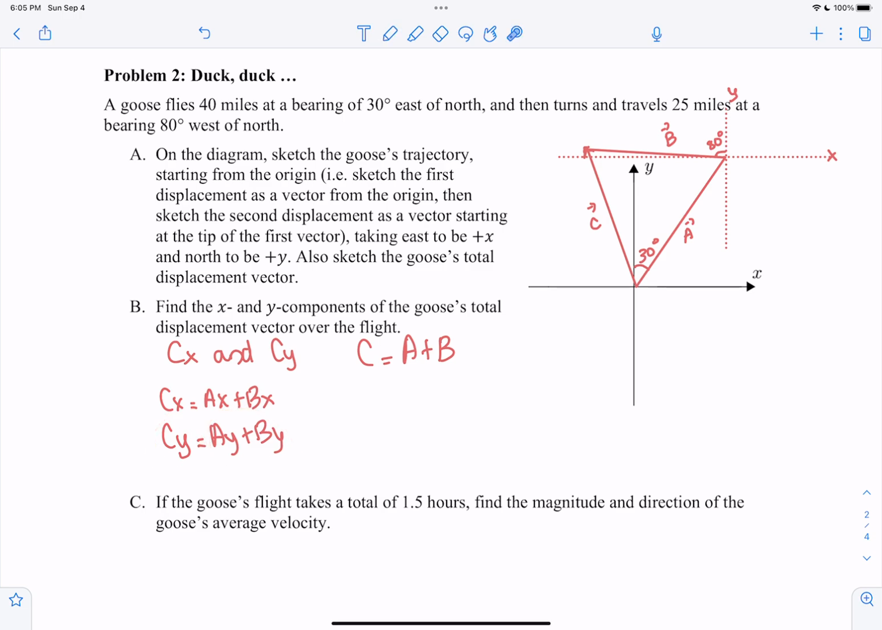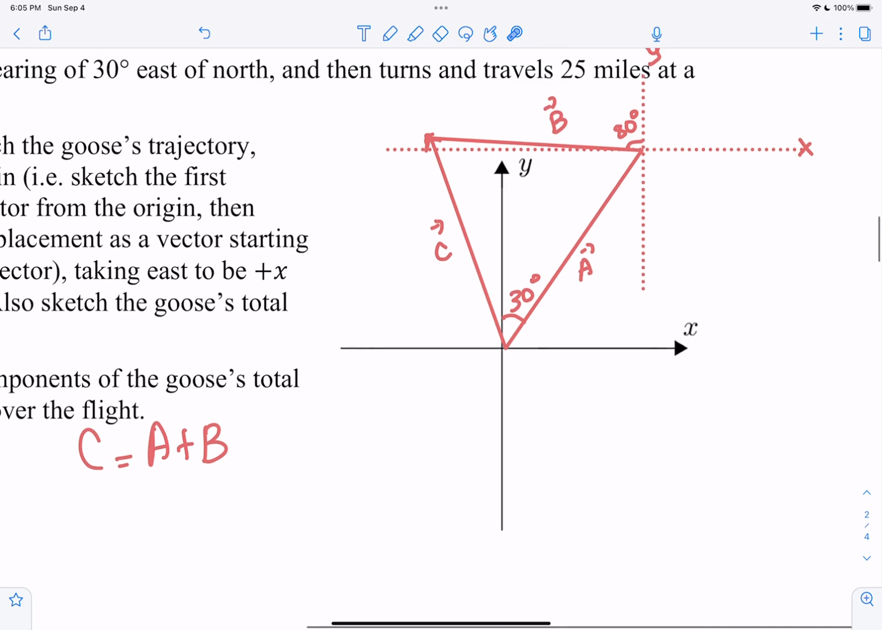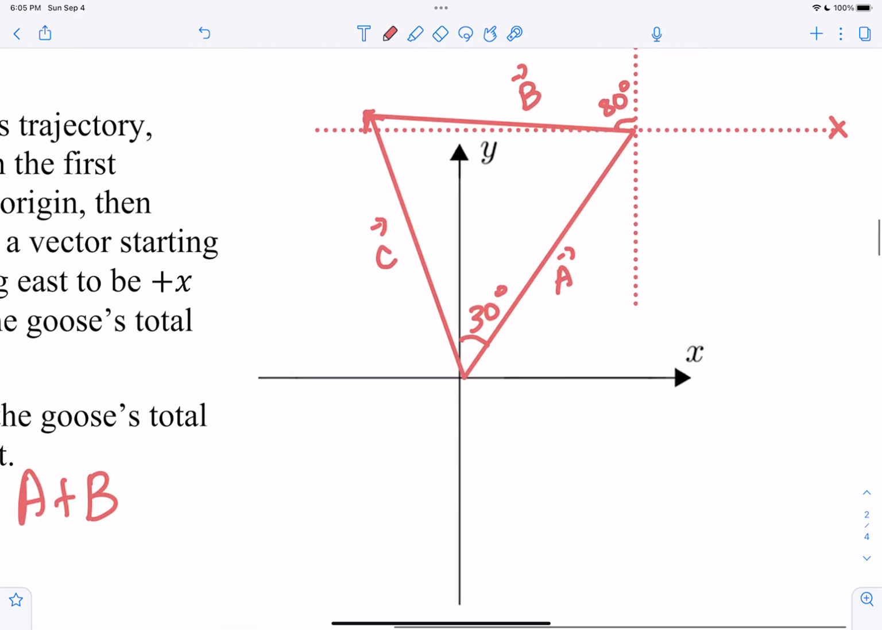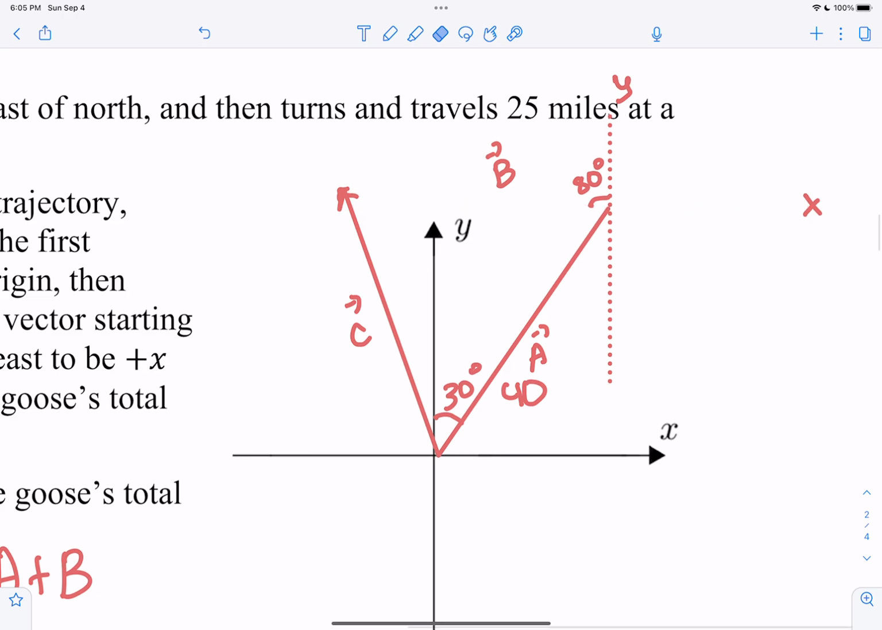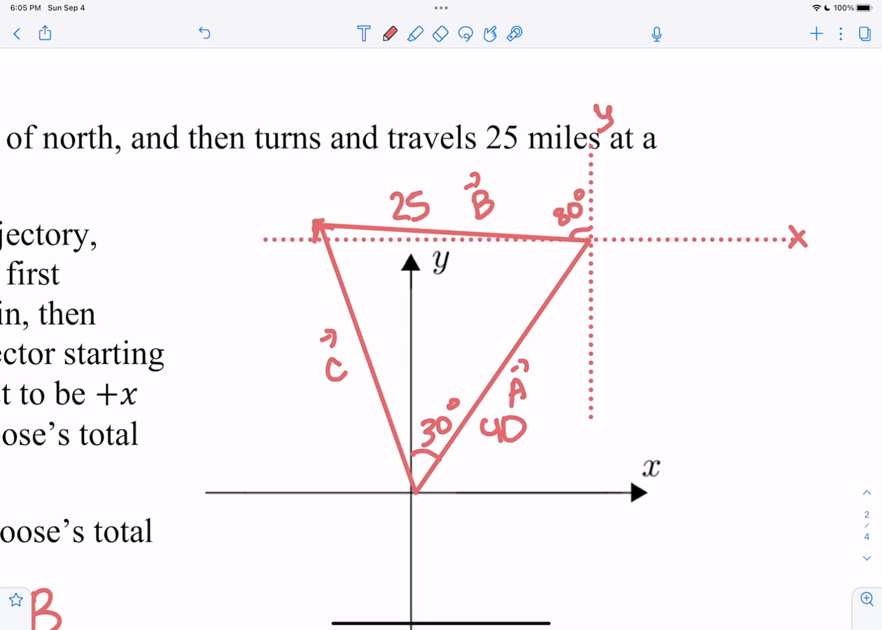So this is just a matter of figuring out Ax and Bx, Ay and By via trigonometry, right? So we have an angle of 30 here. We know that A is 40 miles and B is what, 25 miles? Oops, 25 miles. So then we can just use trigonometry to figure things out. So this is why I said drawing a second coordinate plane would be helpful, because then you can look at this as